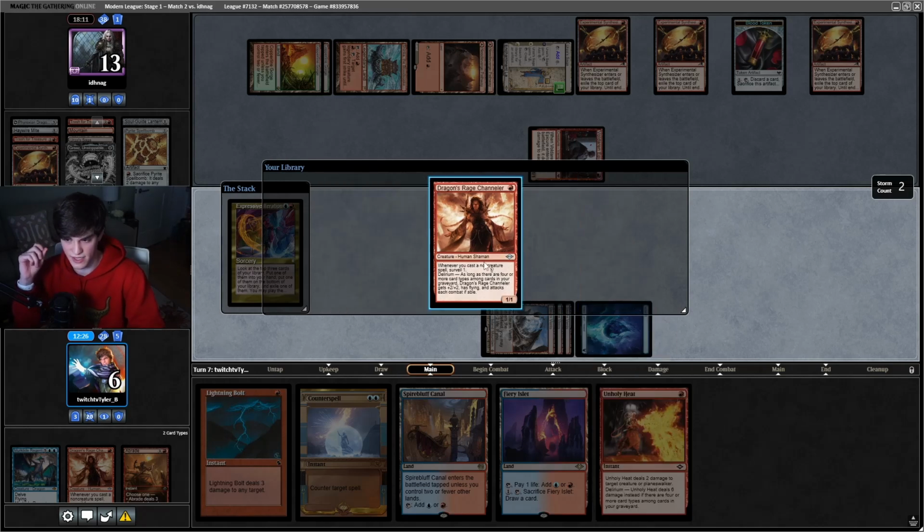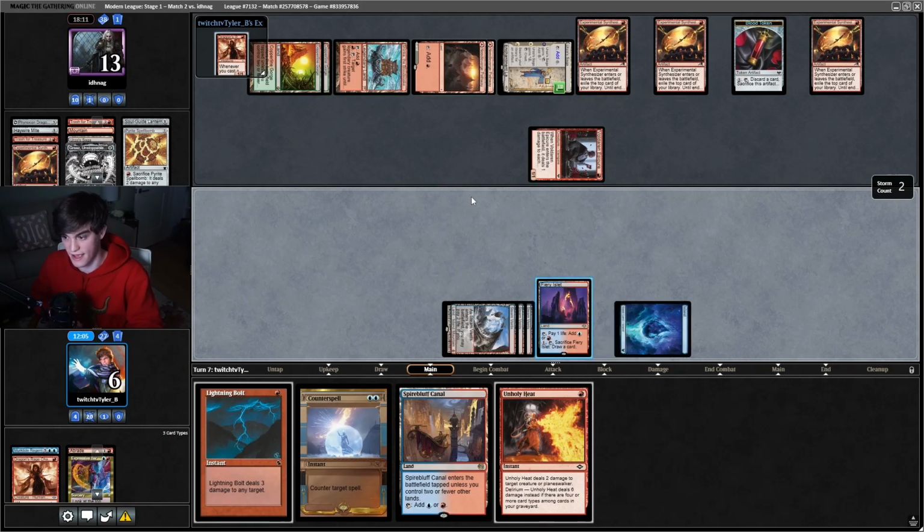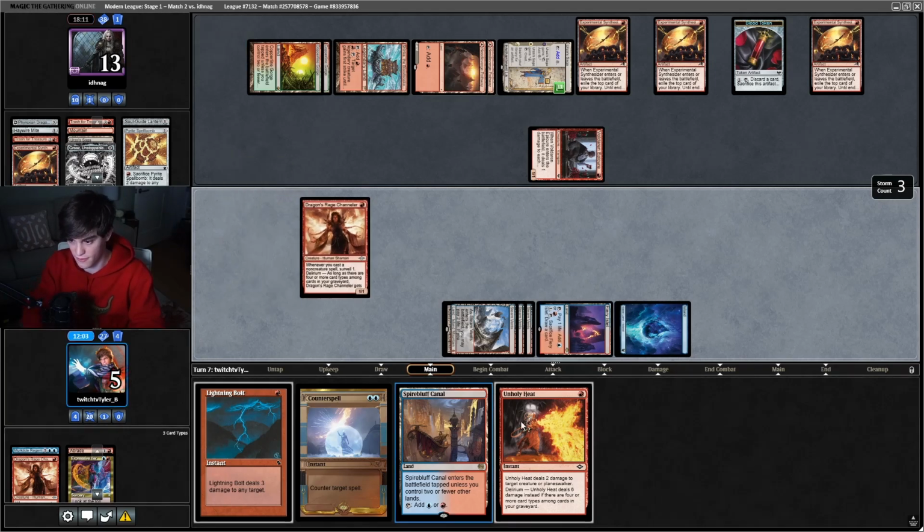I want this Murktide really bad. Do I want the Murktide more? Like, if I know that I'm going to cast it next turn, does that make me happier? No. I feel like I need to do this. And I'm going to go to 5, too, which is pretty low. But